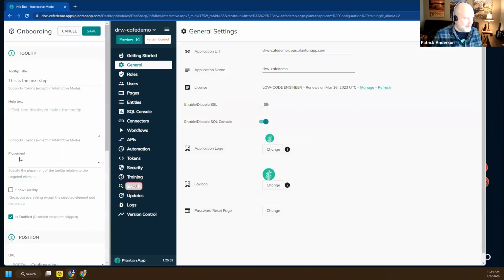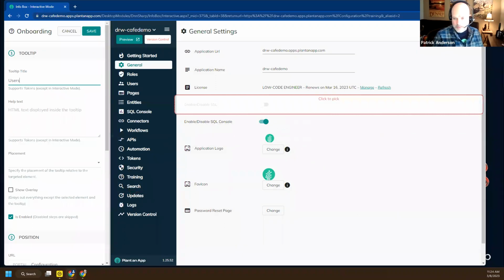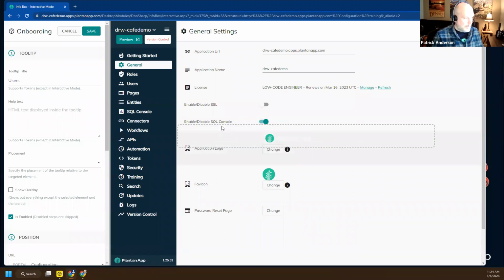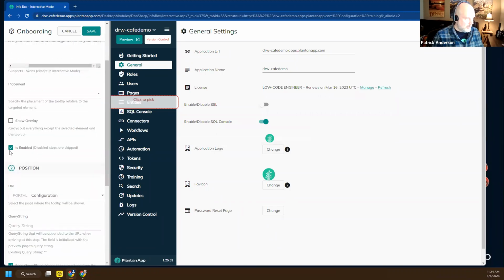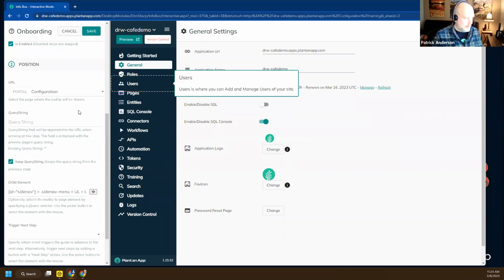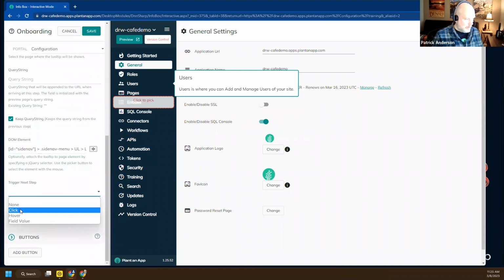And then I want to add another step, and just so you know, I'm not going to go all the way down through here. I'm just doing users and pages is all I want to do. I'm going to go over here, put in my help text, and we will go to configuration and DOM element. Okay, there we go. Make sure this looks right here. Yep, it does. Okay, and on click,